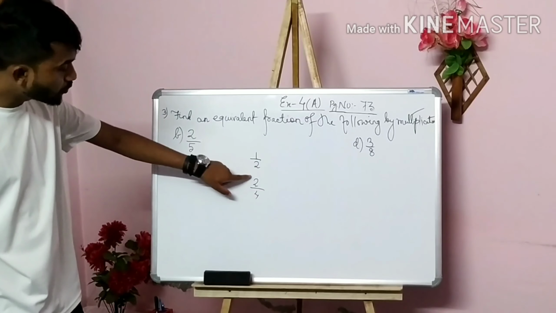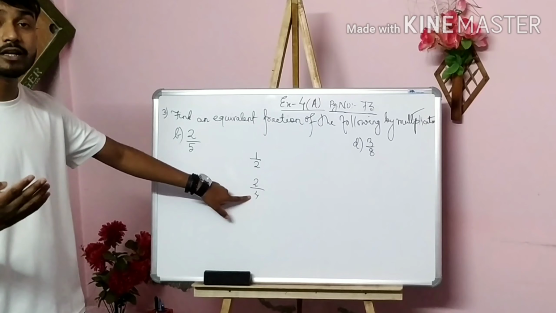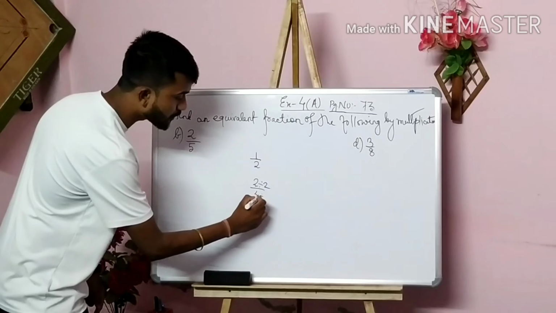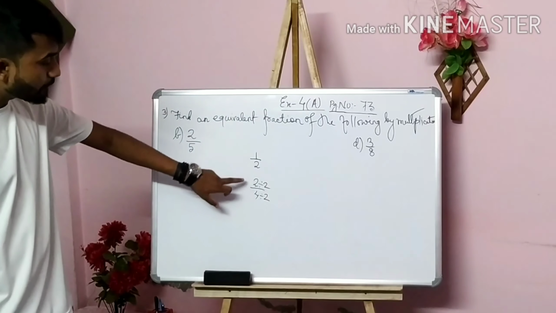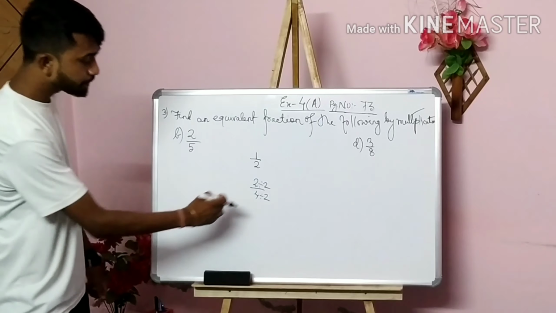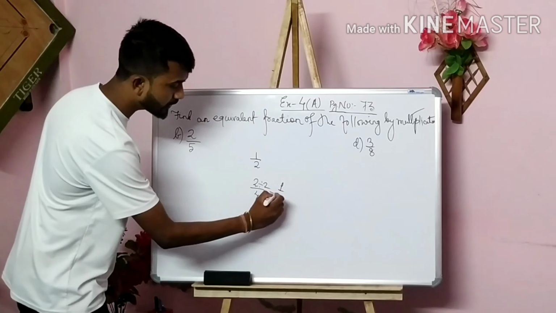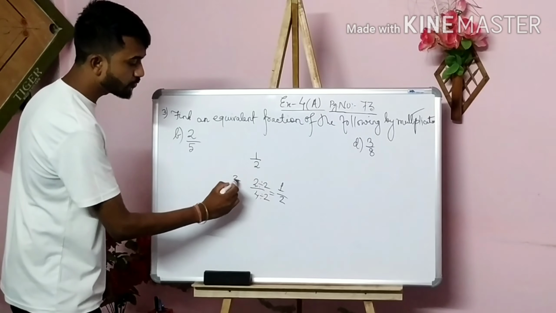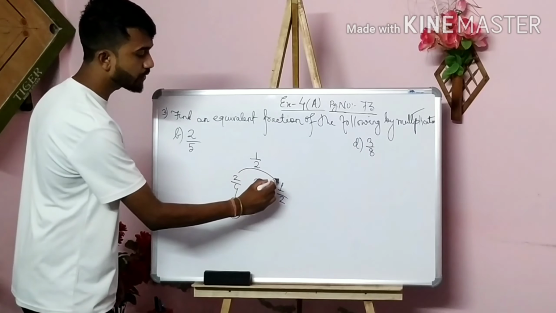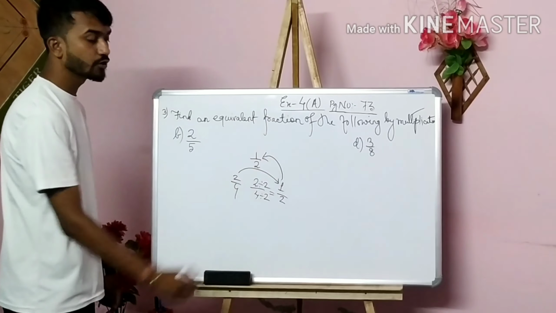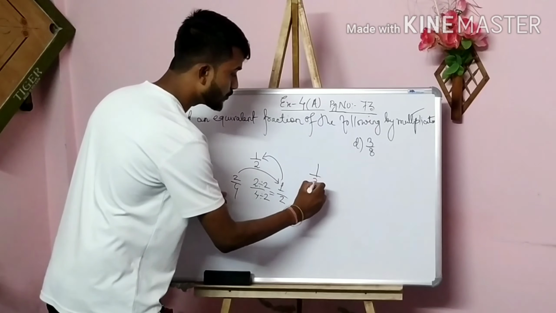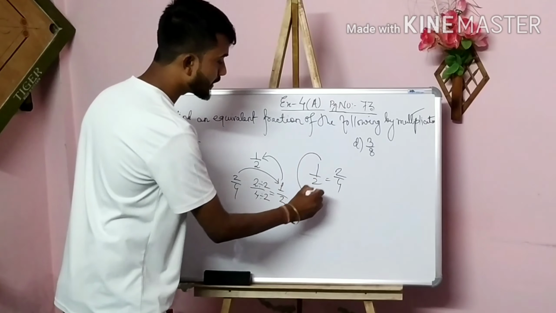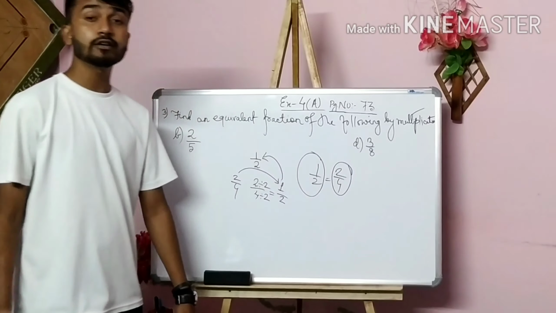So 2 and 4 can both be divided by 2, so I am going to take it. 2 divided by 2, and 4 also divided by 2. As I said, we have to divide by the same number, so 2 divided by 2 we will get 1, and 4 divided by 2, 2 twos are 4. So what number have I got? 2 by 4 was there, now it is converted into 1 by 2. So can I say that 1 by 2 is equal to 2 by 4? That is why I am saying that 1 by 2 and 2 by 4 are equivalent fractions.